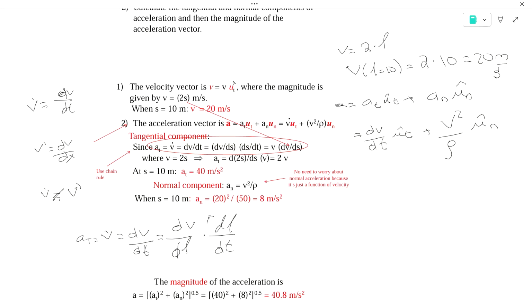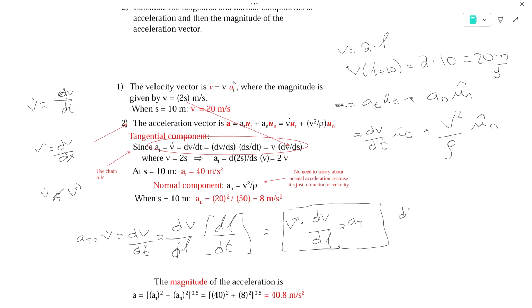So this term right here is my velocity, so it is v times dv/dL, or in their case v dv/ds. Since we have this now, which is equal to the tangential velocity, what we can do is bring our term down here. So a_t, the acceleration in the tangent direction, is the change